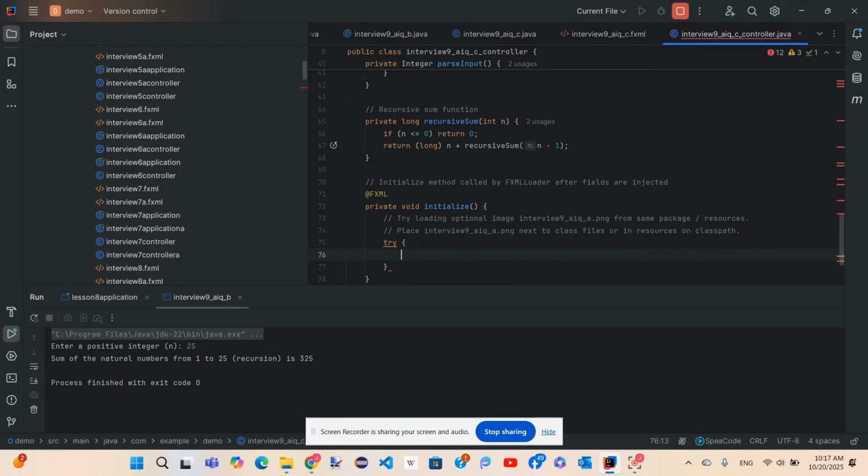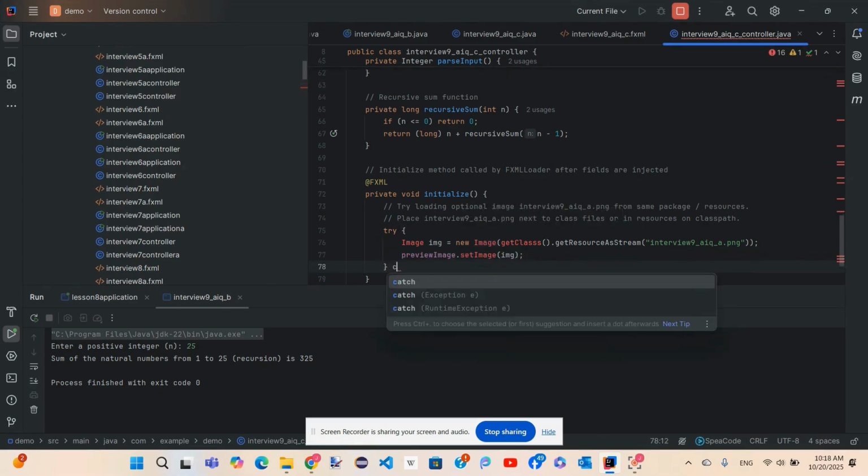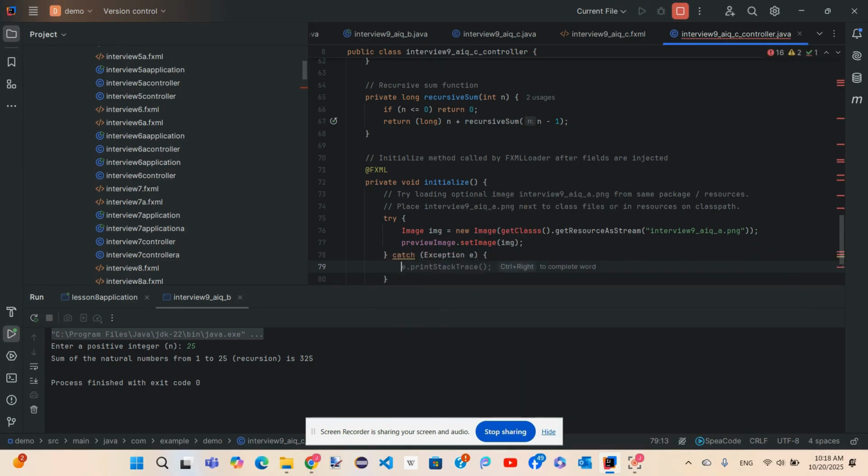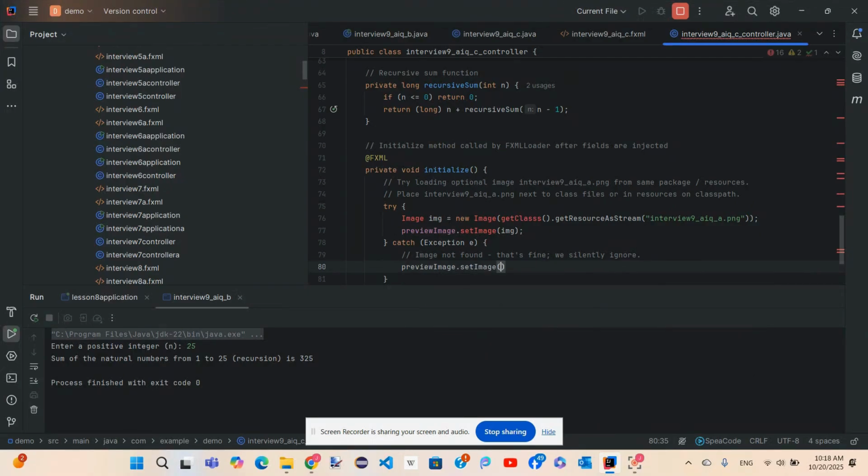Try: Image img = new Image(getClass().getResource("interview9AIQ.png")); previewImage.setImage(img). Catch exception: image not found, that's fine, we silently ignore. previewImage.setImage(null).